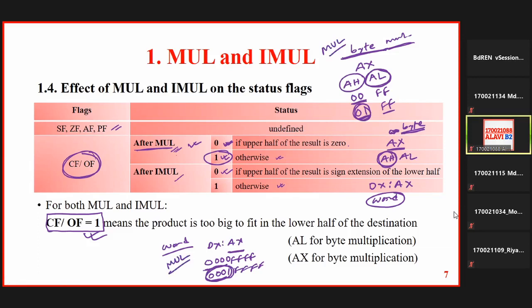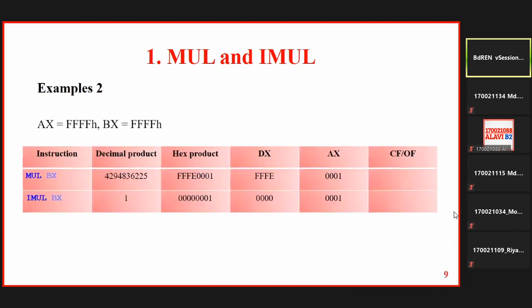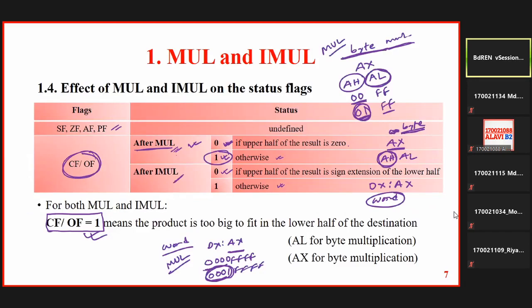Okay. So what about the integer multiply? In this case, I'm giving more time in this place because we have different examples after this. So try to get it. If I say for integer multiplication, what will happen? If the upper half of the result is the sign extension of the lower half, let us say you have